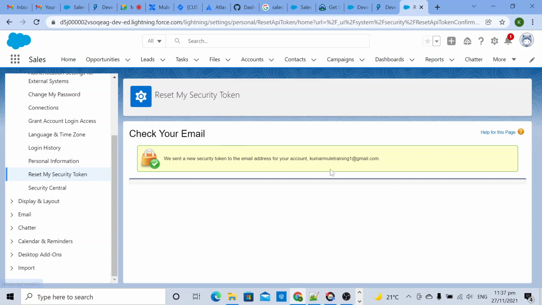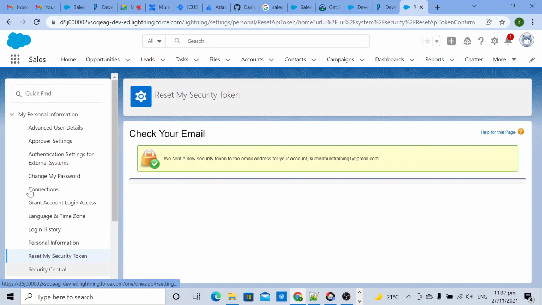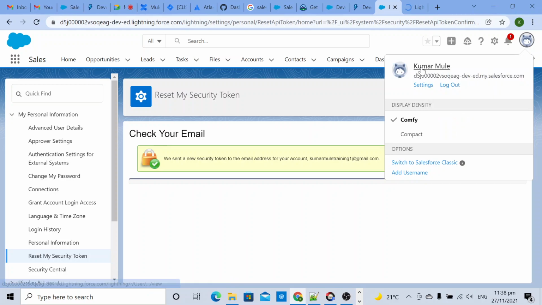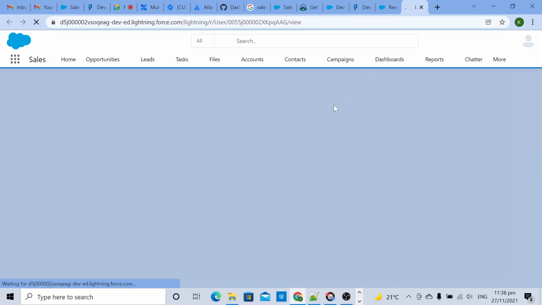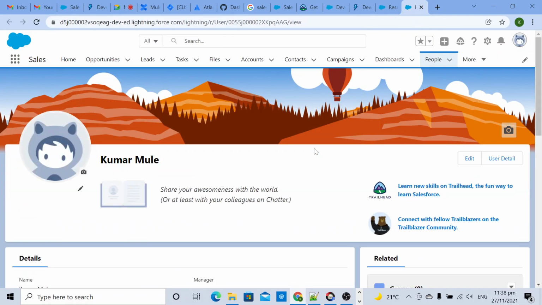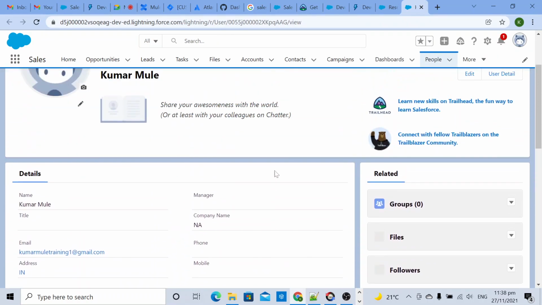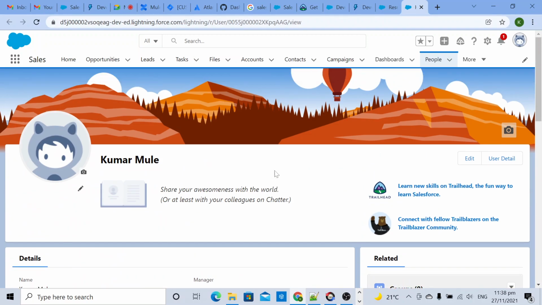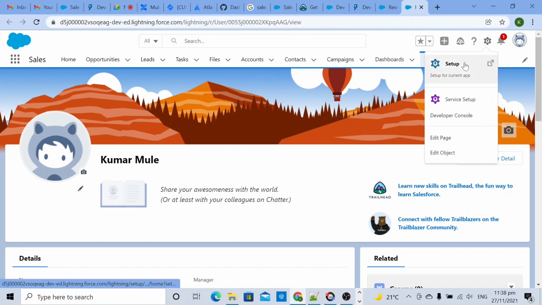Now once you are here, you need to click on this particular option, and then you will get one option to click here. So I am opening it in a new tab. Okay, sorry, not here.